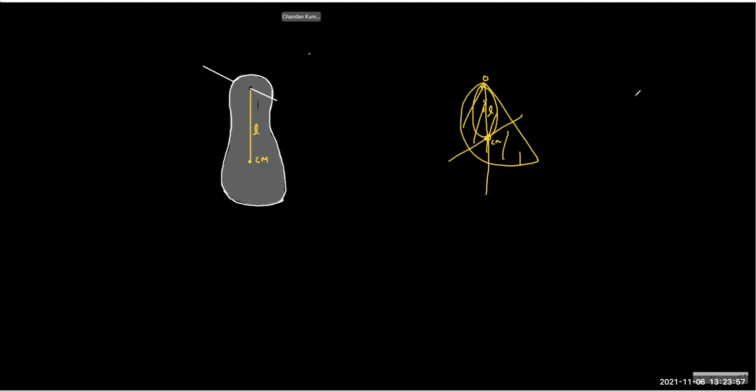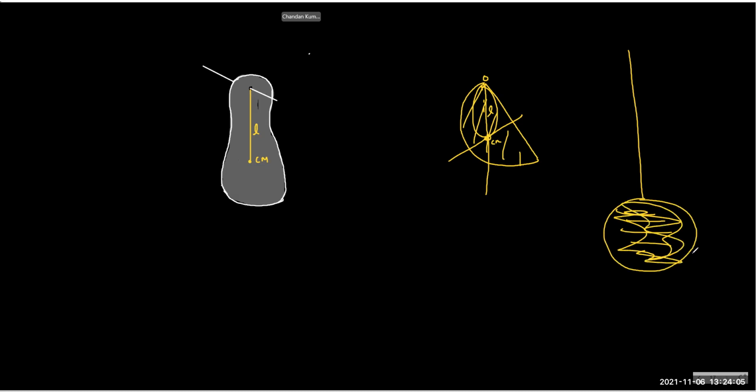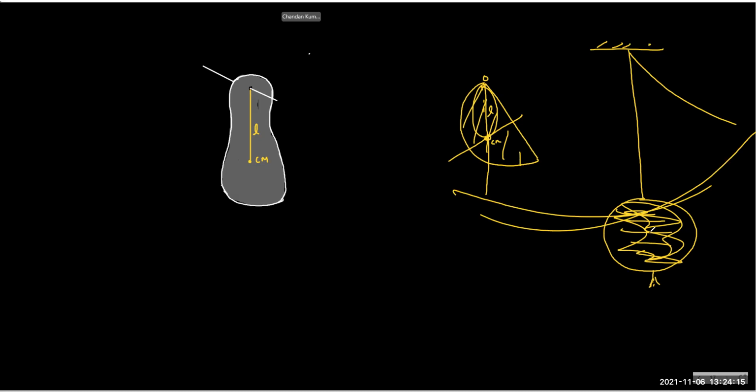Okay. So imagine you take a big balloon and you fill it with water and you prick a hole at the bottom. So water will leak out slowly. And then you set it into oscillation. Now here the center of mass is here at the very beginning because the ball is completely filled, but after some time